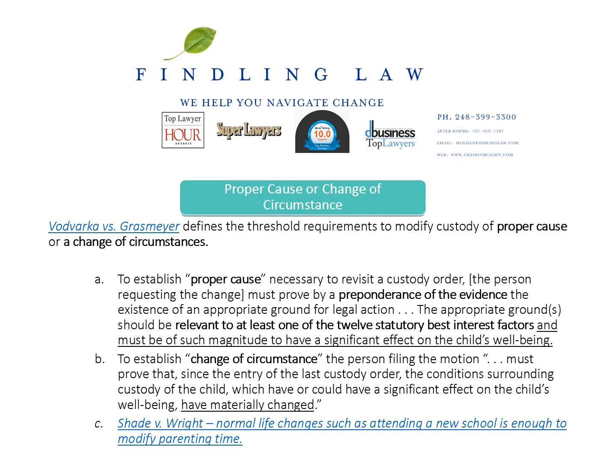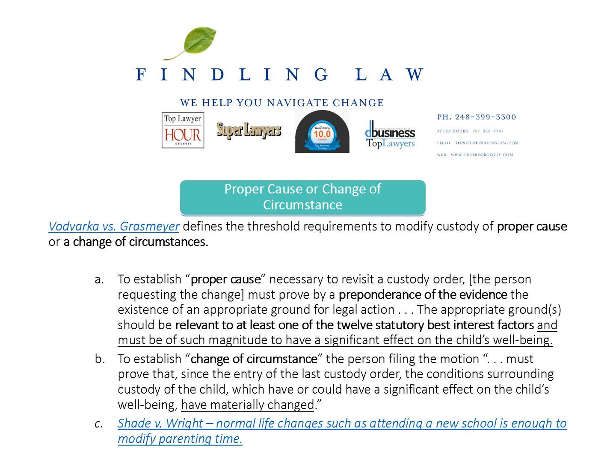From a legal custody standpoint, when the parties can agree on nothing, I had a vaccination case where one party was an anti-vaxxer and another party was a vaxxer, and every time the court ordered that the child would be vaccinated, the other party would interfere. And in that case, that was proper cause or change of circumstance for the court to revisit legal custody.